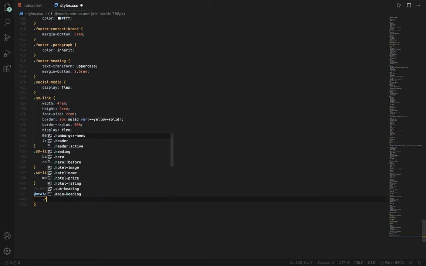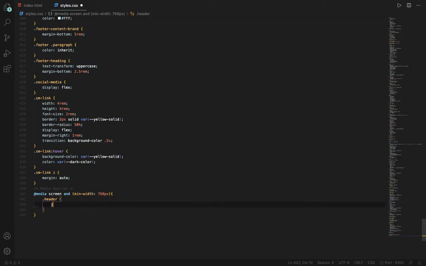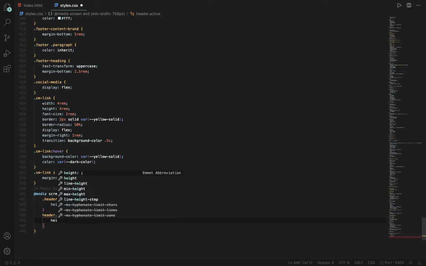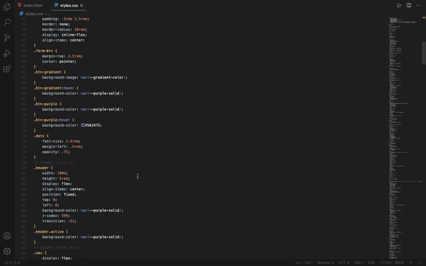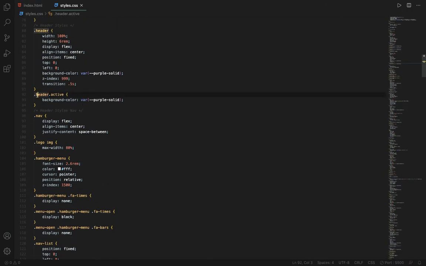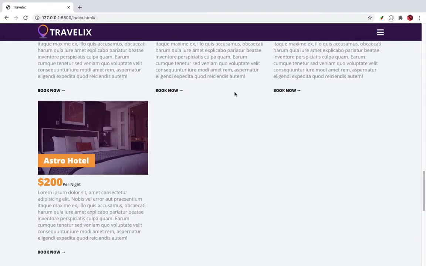So first let's start with the dot header. Its height will be of 10 rem. Now I will say header dot active, height will be of 6 rem. And let me check one thing. Inside this I say header dot active. If I change it to header dot active like this and reload this,